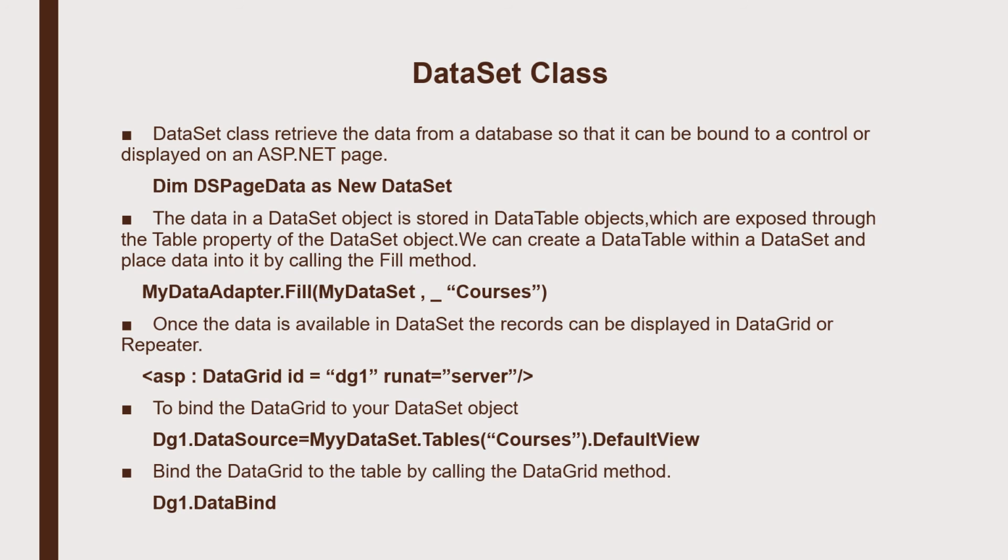Using the coding asp colon data grid ID equal to DG1 runat equal to server. To bind the data grid to our dataset object, DG1 dot data source equal to my dataset dot tables courses dot default view. We can bind the data grid to the table by calling the data grid method